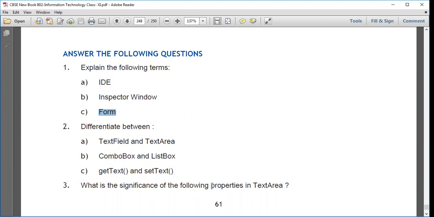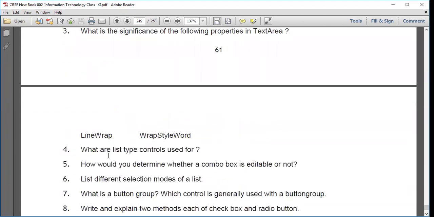What is the significance of the following properties in text area? What is the use of line wrap? Line wrap property, you can write that in text area by default when the text we write there is longer than the size of a text area. So by default, it comes in a single line and a scroll bar is added at the bottom. But if we set line wrap property as true, then whatever we write in the first line,